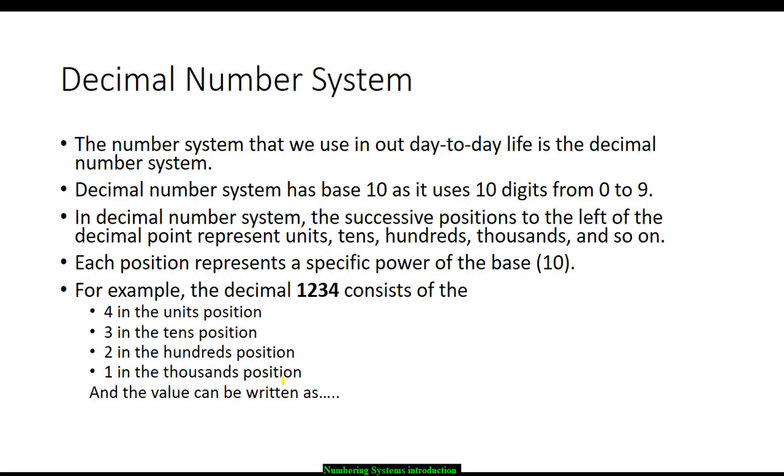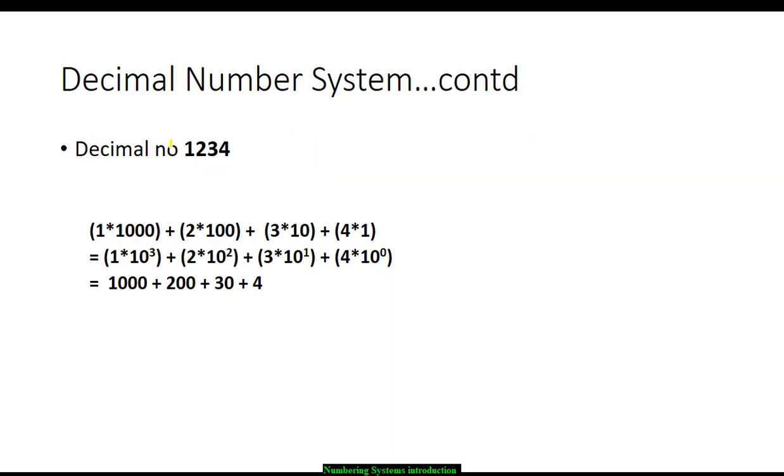Right, so getting to the decimal numbering system, it is basically how you count from 0 to 9, right? And if you look at the example here, 1 2 3 4, it basically looks at base 10. So that is what you're looking at. And if you look at this, the 1 represents thousands, the 2 represents hundreds, 3 represents the tens position, 4 represents the units. These are different positions of this number,